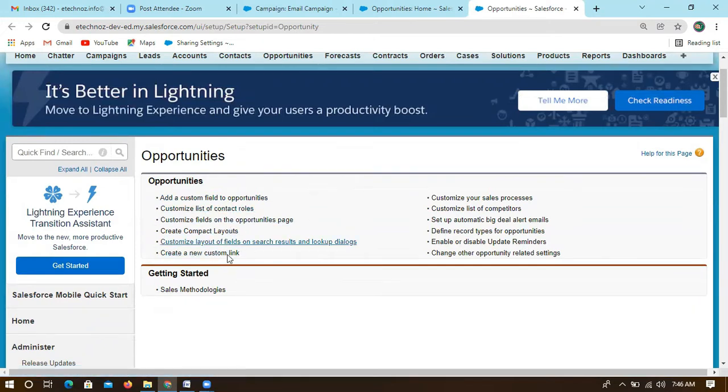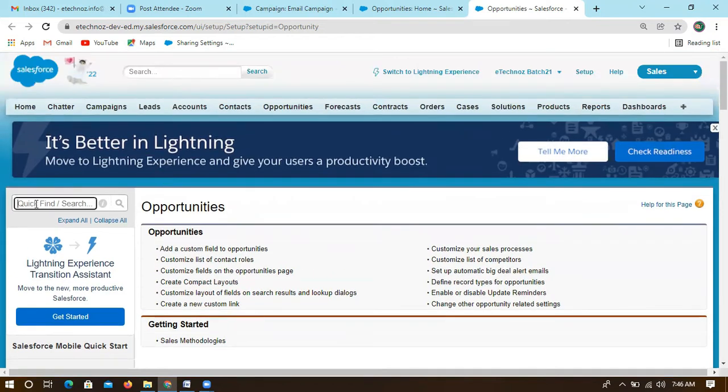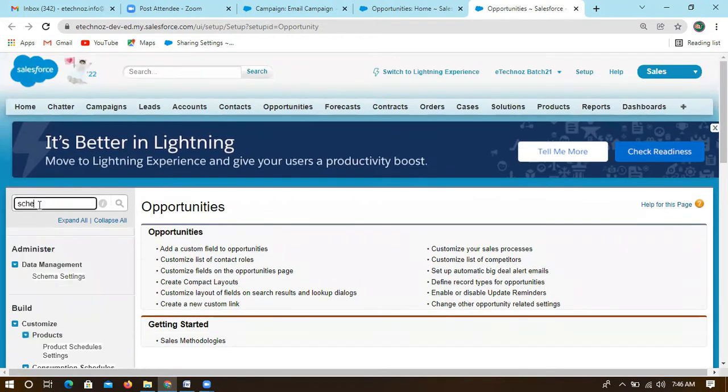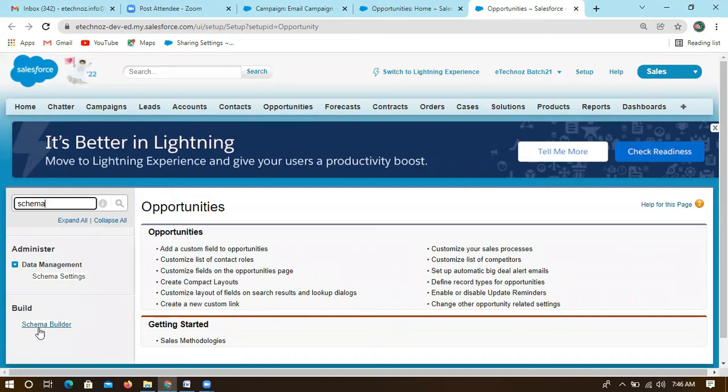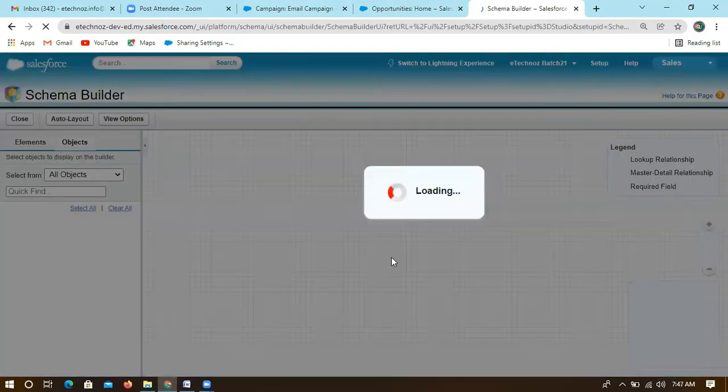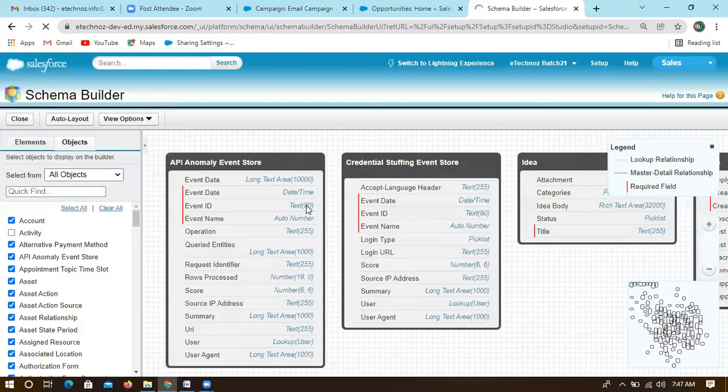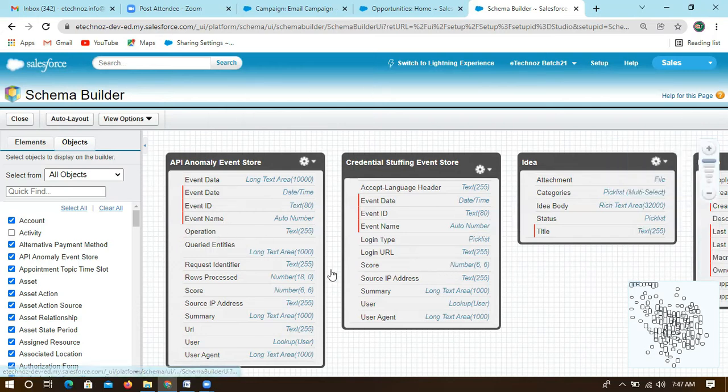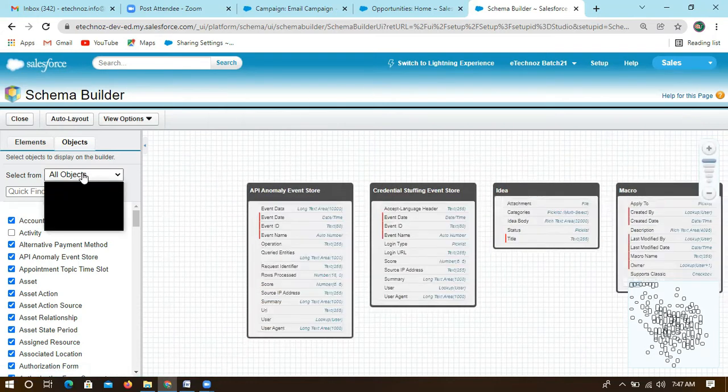Mostly this is a standard object, so within Lightning you can find that. But anyway, if you just want to check, you need to go with Schema Builder. I will tell you about that also within this class, but you have asked it. If you go to Schema Builder, you can find all the objects within our org. If you go to remove all objects, you can filter selective objects.